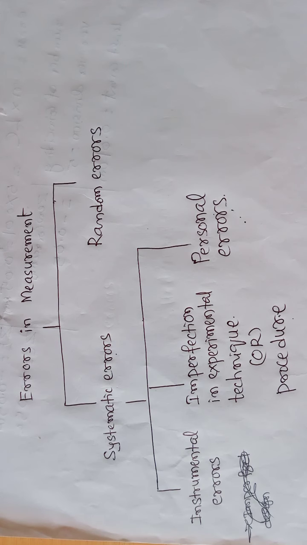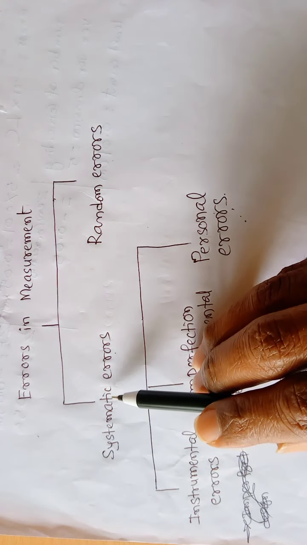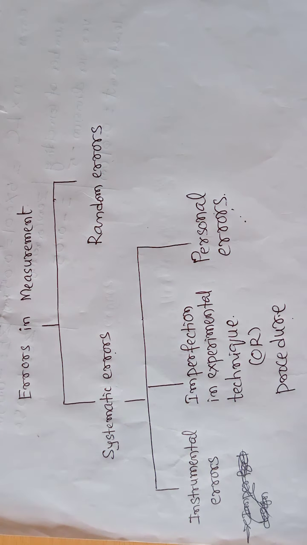In systematic errors the error occurred in one direction. All the errors are either positive or all the errors are negative. So here how do you get it? Some of the errors will be positive and some of the errors will be negative. And there the errors can be corrected, but here the errors are not in your control.